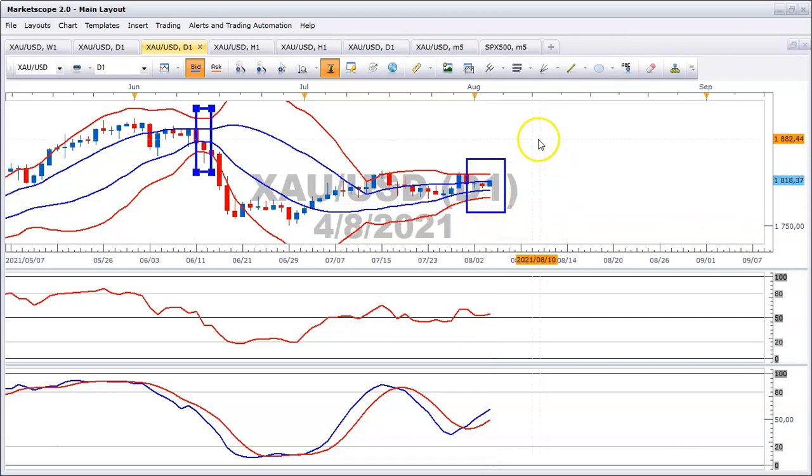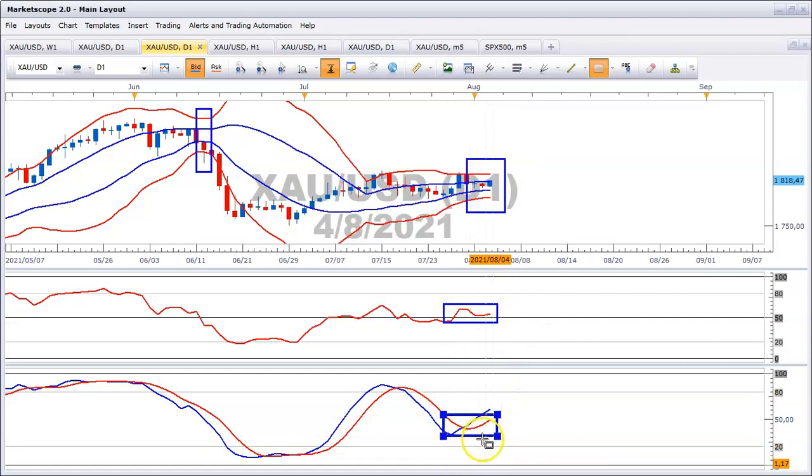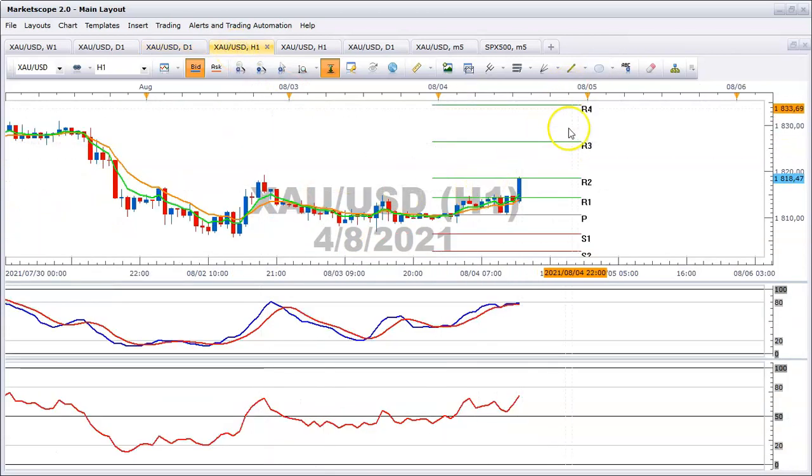Now, the expansion in volatility, according to Bollinger theory, is direction neutral. So we don't know if the expansion in volatility is because of an upside move or a downside move. However, I do draw your attention to the fact that the RSI is above 50 and that the stochastic has crossed bullishly. Now, if we take a look at the hourly chart, you can see that our trend following indicators,